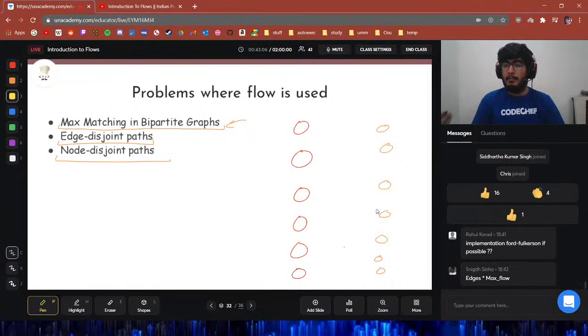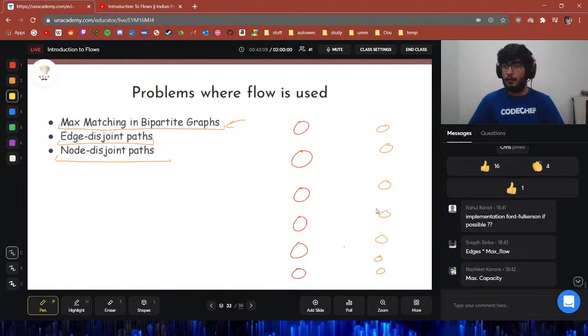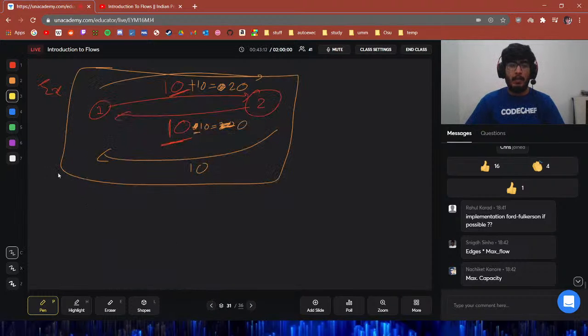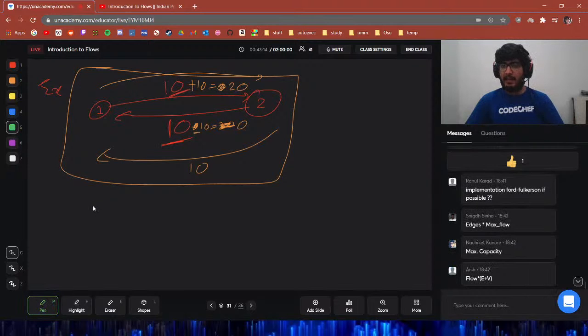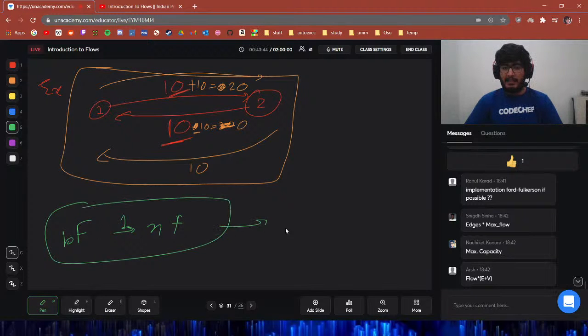Yeah, so Snicksana, he wrote edges into max flow, right? Why is this happening? In each round that we are having, we are going to increase our flow by some amount. That is for sure. We are not going to decrease our flow, nor leave it unchanged. We are going to increase our flow, but that increase might be just 1, right? From the previous flow we go to the new flow, but the increase is only going to be 1 in one round. And like this, if we go on doing rounds, the final flow which we have,